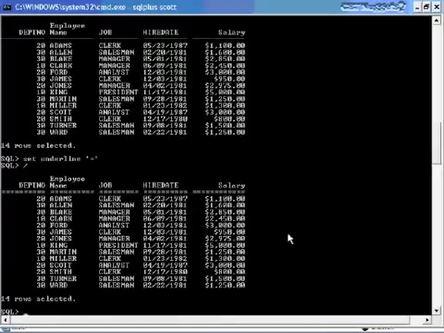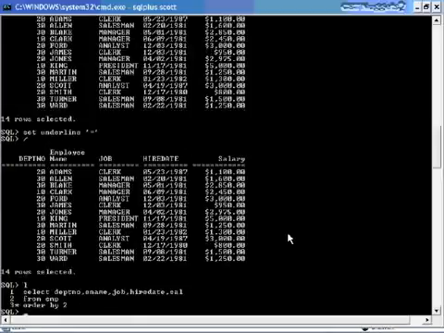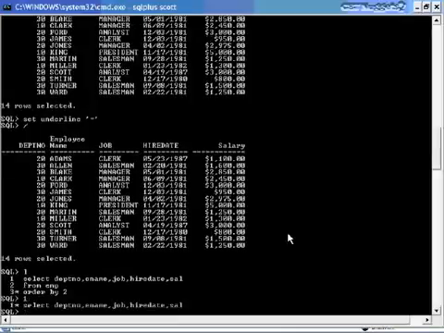Let's add another column to our query. So here's our query, and I want to tack something on to the end of line 1. The way we do that is we first make line number 1 our current line. Now we can use the append statement, or just A for short. Make sure you do 2 spaces after the A, and then you specify what you want to tack on. Okay, so here we'll do a comma,